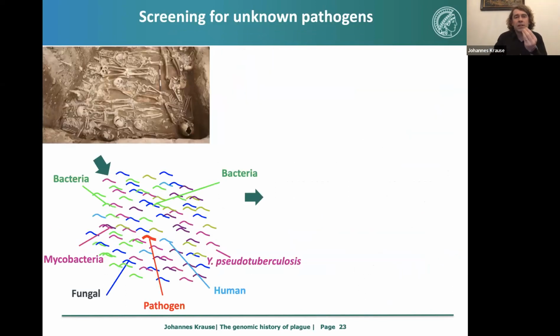That's a more difficult question, because if you have a pathogen that was circulating 4,000, 5,000 years ago, you don't know what to look for. You cannot use the fishing approach, the hybridization capture, because you don't know what to capture. So you have to use a more naive approach,